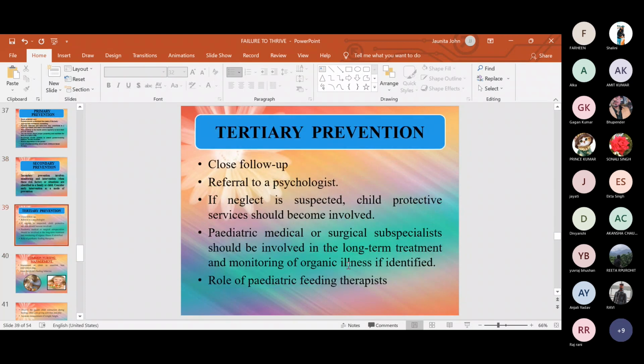Next is talking about the tertiary prevention. First of all,